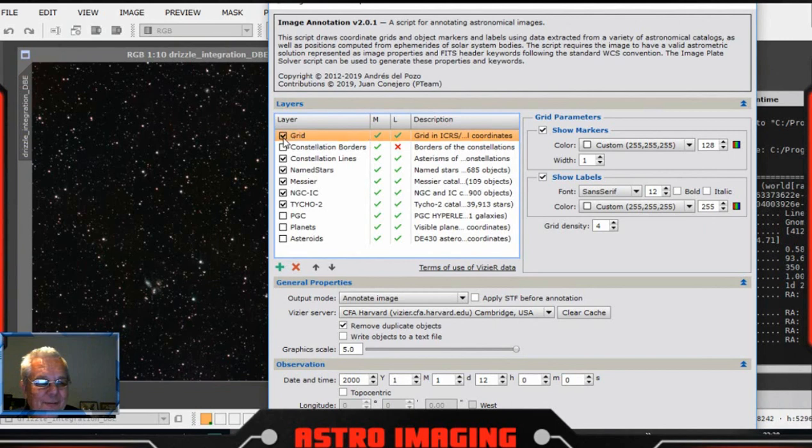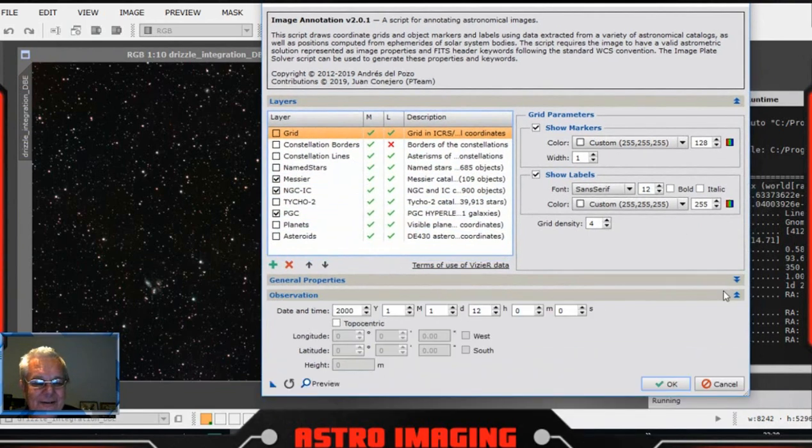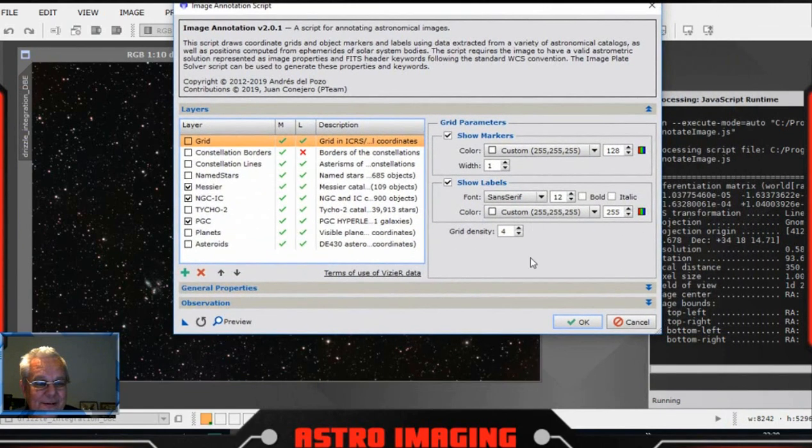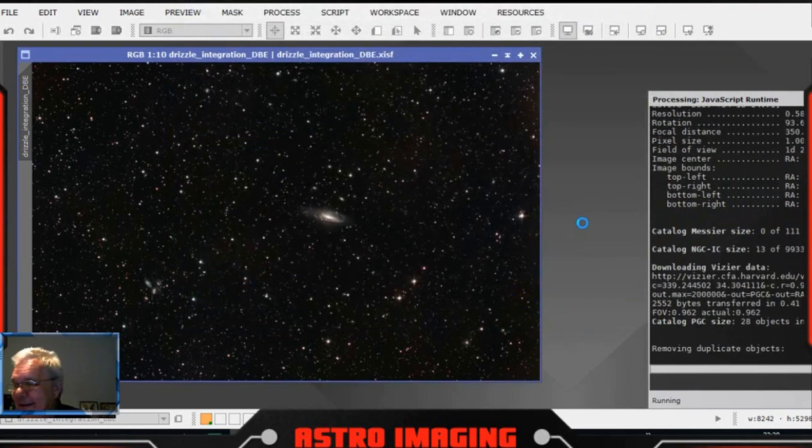And I don't want the grid, constellation lines, name stars, not really. We'll just leave that, and I'll put PGC on as well. This is now going to identify galaxies that are there, and you might like this. It shows you what you're looking at. I click OK,